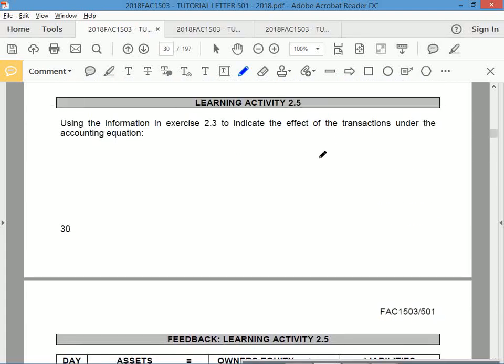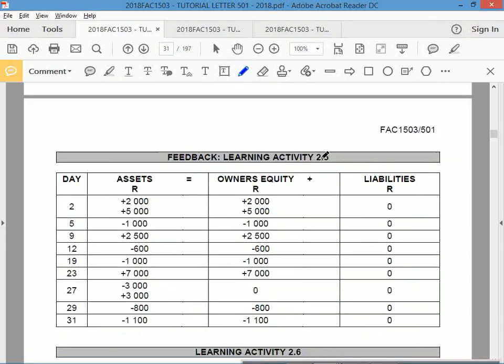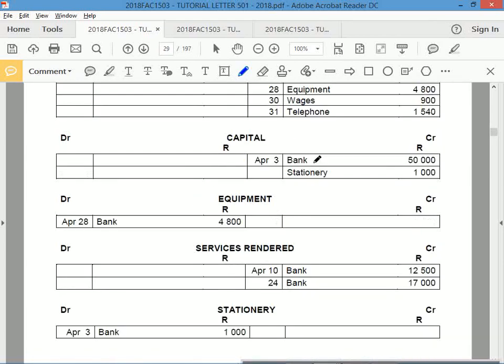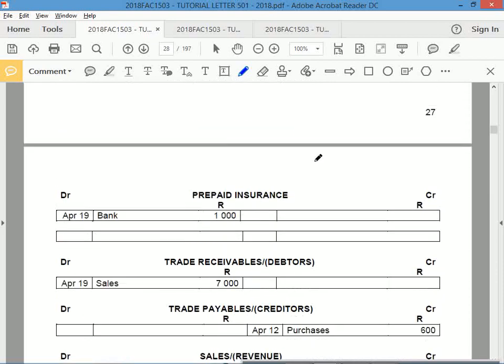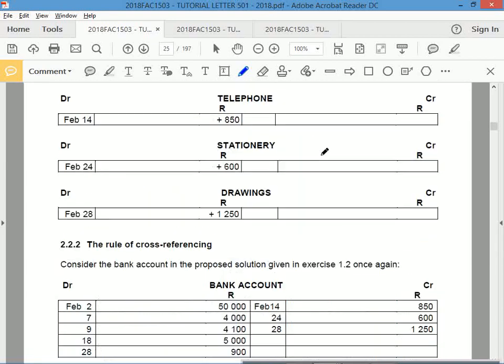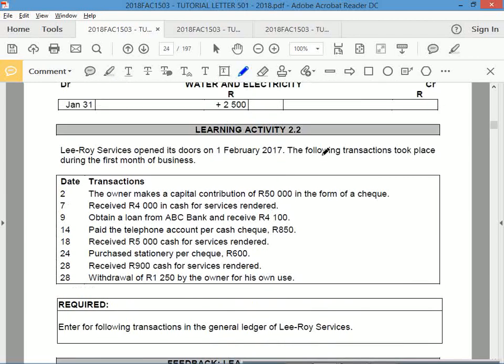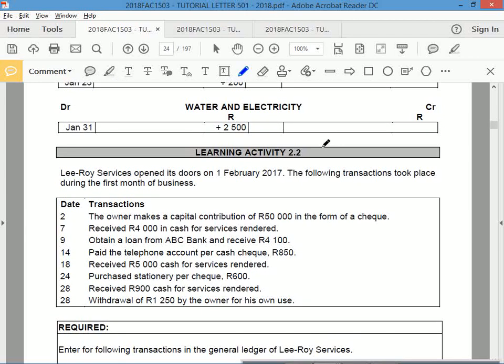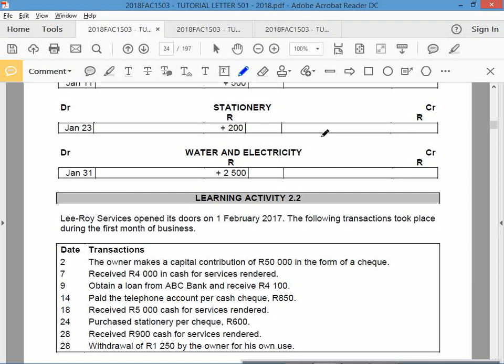Using the information, the transaction. Okay, accounting equation. Yeah, don't worry about that. Let's just get the analysis right. That's the main objective. But I don't want you guys to stress too much about those additional information questions yet because, as I said, you haven't covered enough material yet. So it will be a challenge to do those activities. It won't be a challenge to do these activities.